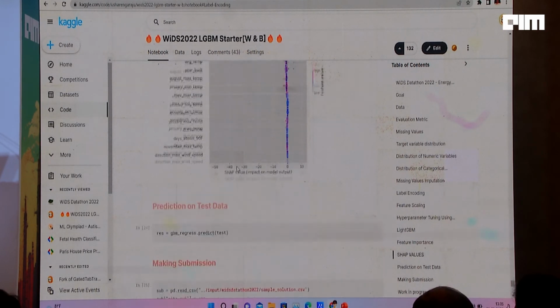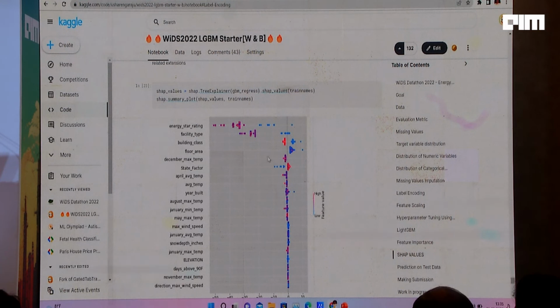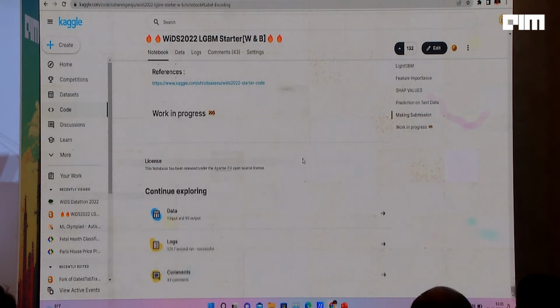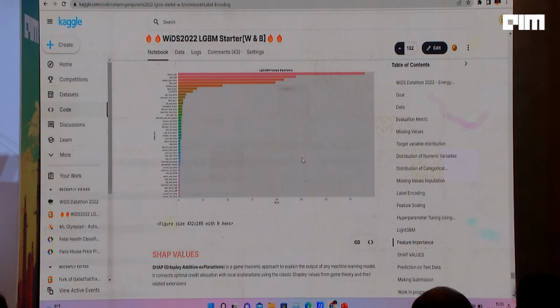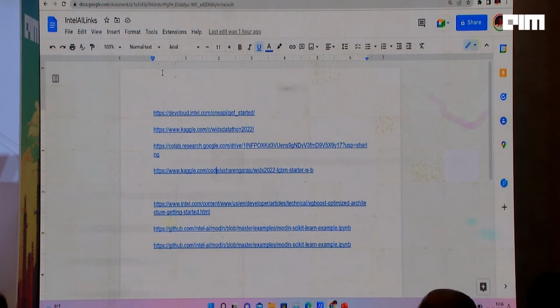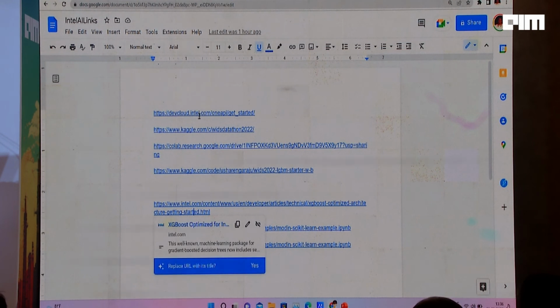You can also use SHAP values to find out which features contribute more to the prediction. So this is roughly taking a data set, exploring what kind of data we are dealing with, and then solving the problem using a simple LightGBM model. But I told you that you can improve the performance by 7x by adding just a few lines of code, just 3 lines of code. That is what I'm going to show you next.